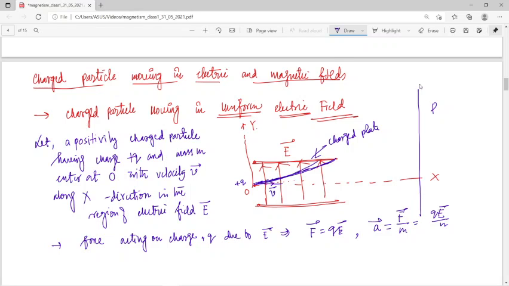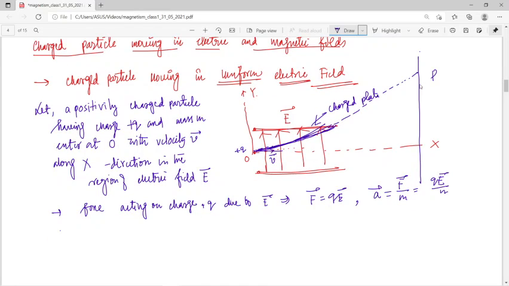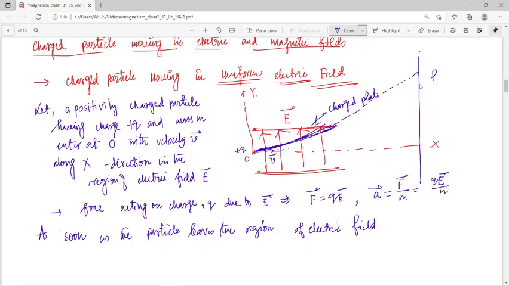They will move like that, with acceleration inside the field, and after just crossing it, the particle will go in a straight line and hit the screen at that particular point. So what I am saying is that within the electric field, the particle will move with an acceleration, but as soon as the particle leaves the region of the electric field, you know it